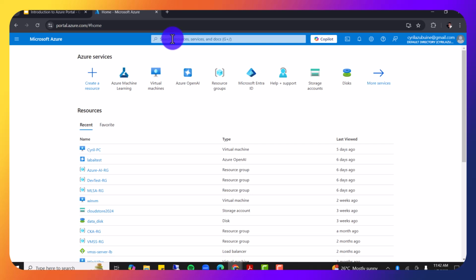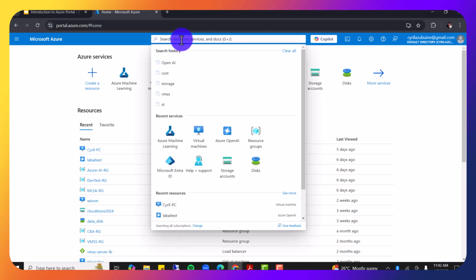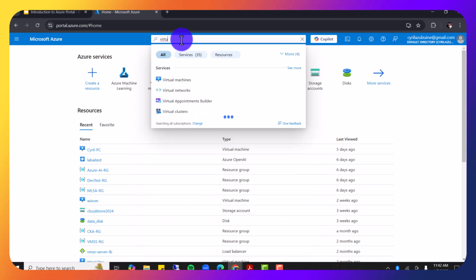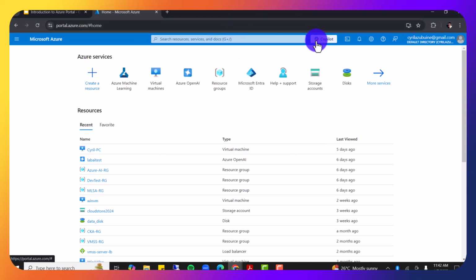This global search allows you to search for any application or resource you may want to deploy. So if you want to deploy virtual machines, you just come here and type virtual machines, and you see it's going to just populate all by itself. So you just click on it and create. All right. So recently Azure introduced Copilot to Azure. So you can open your Copilot here by clicking on it, and it gives you an environment where you ask questions on maybe how to go about some particular task. Just like your ChatGPT, the Copilot also gives you an environment where you could ask questions and